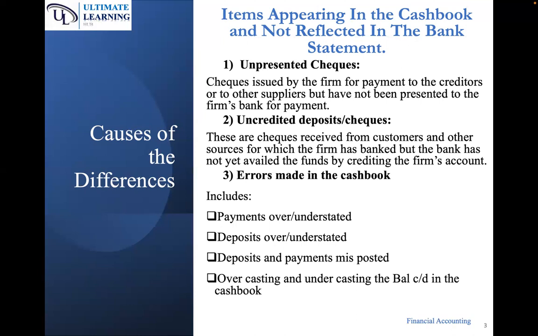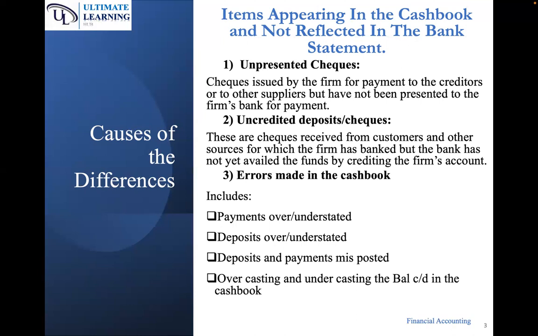And lastly, overcasting and undercasting of closing balances. So sometimes maybe we have a closing balance. For example, if we have excess cash in the cash book, the balance carried down should be in the credit side. So maybe the balance carried down was supposed to be 1,000 and you have posted it as 1,500. In that case, you have overcasted the closing balance. Or the balance was supposed to be 1,000 and you have posted it as 800. In that case, you have undercasted the closing balance.